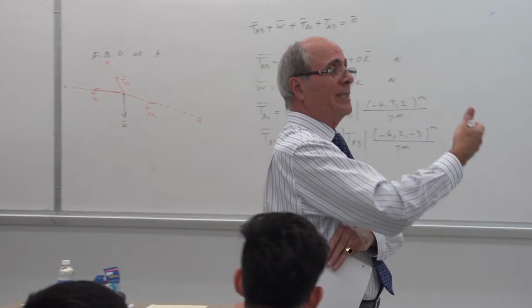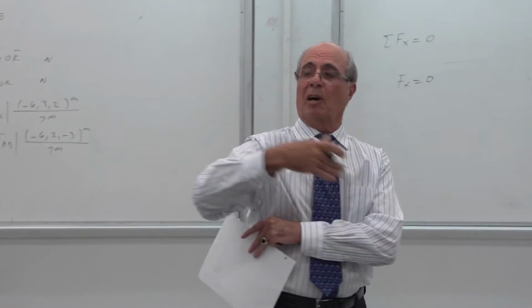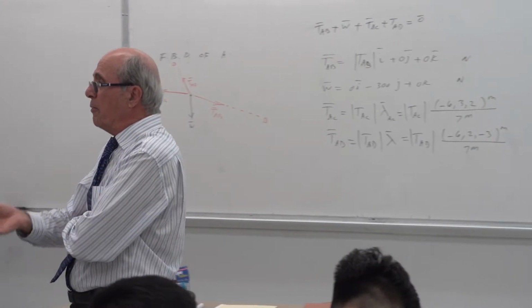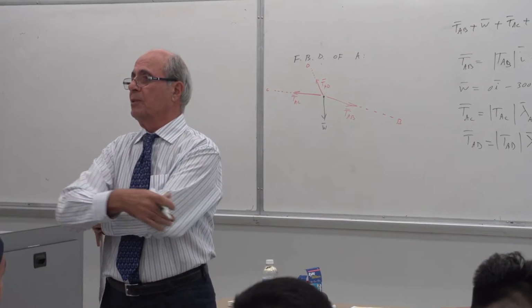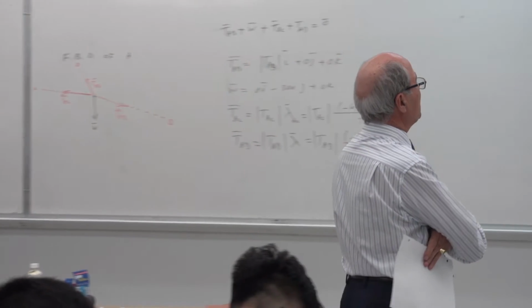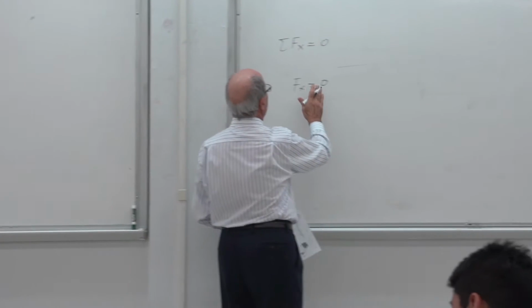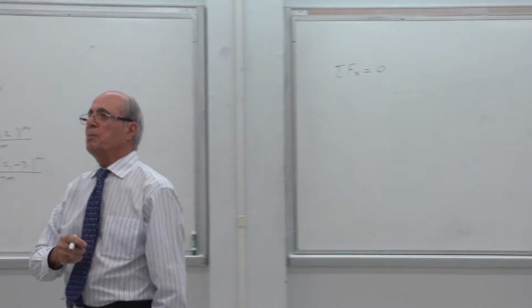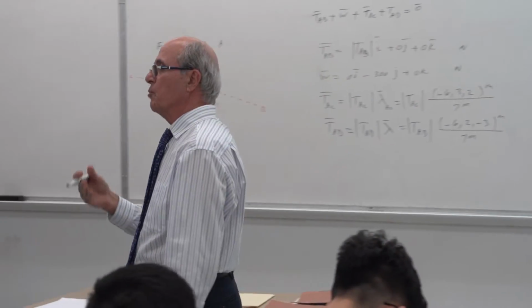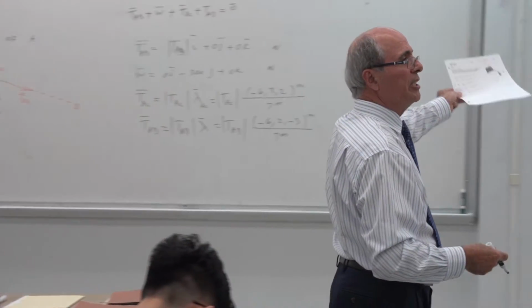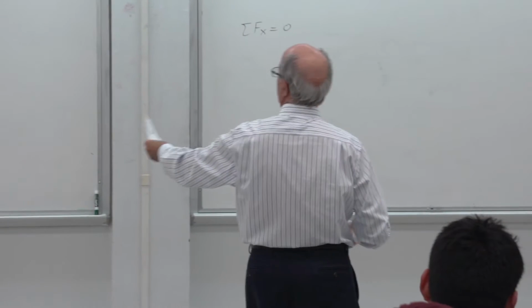Sigma Fx is actually the sentence: summation of the forces about the x-axis must be equal to 0. Fx is the x component of a force. One force. Is that correct or not? One of them. So that's a big difference between the two. If you don't write it, you should follow it, and if you know it, why don't you do it correctly? Some people put ijk, which is the same thing. You are summing up all the forces in the i direction. That's a little bit better. But still, these are three scalar equations. It's not a vector equation. And that means this.